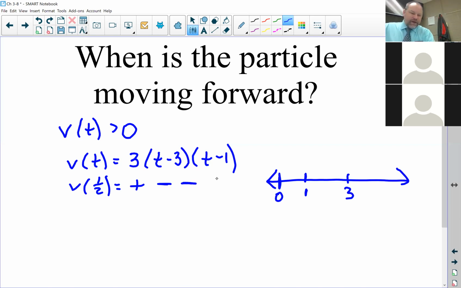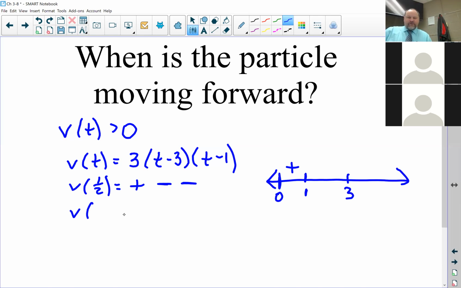And if I multiply a positive number by a negative number by another negative number, my answer is positive. So that means every value for the velocity between 0 and 1 will be positive. So between time of 0 to time of 1, our particle is moving forward. Now we're going to check the next interval